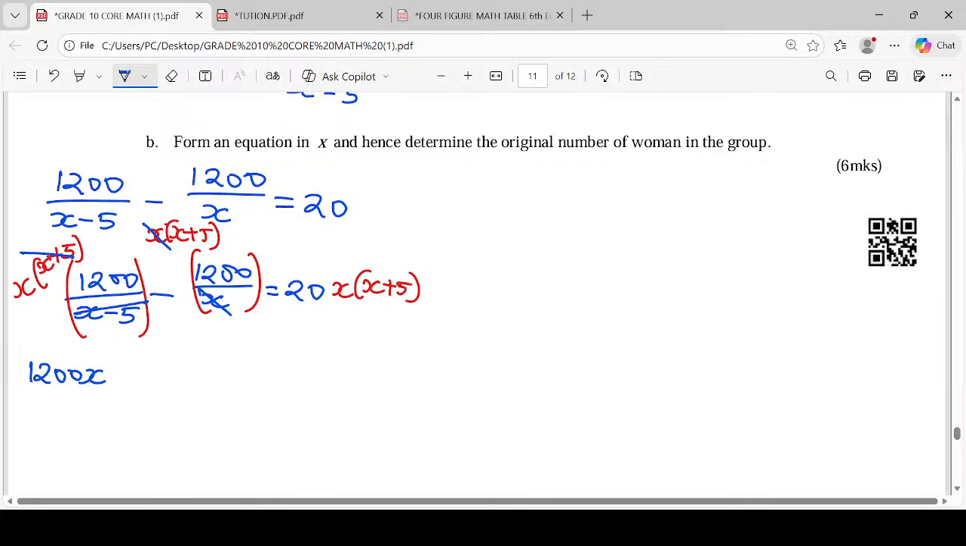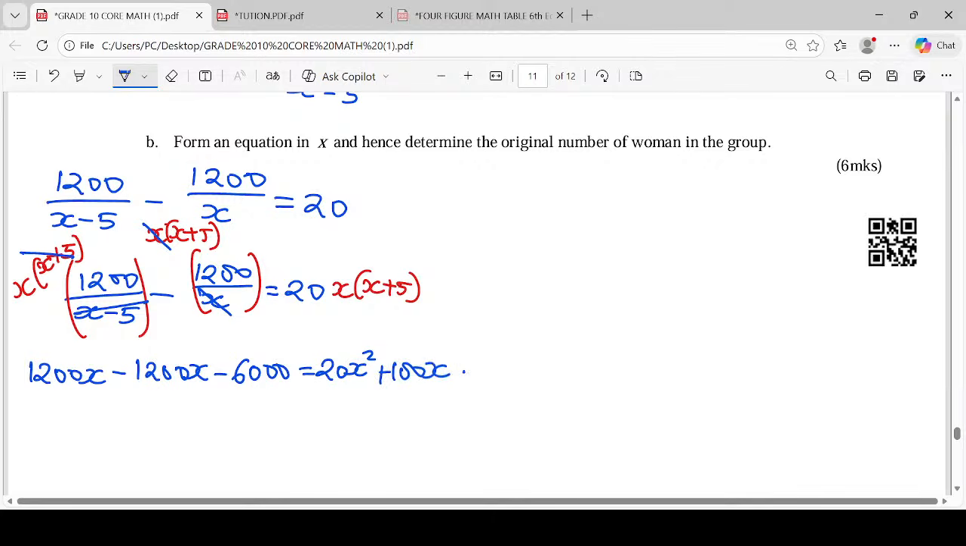I'll be now left with minus 1200x plus 6000. Is it really plus? Let me see. No, this should be minus. Be very, very keen with these signs. Minus 6000 should be equal to 20x squared plus